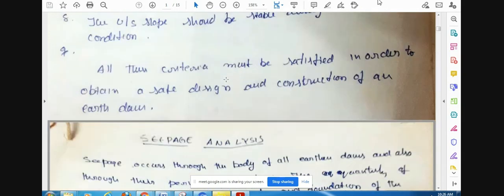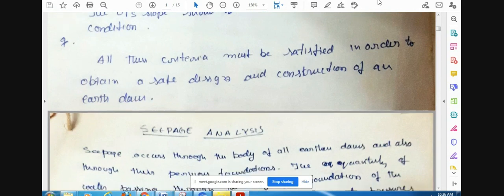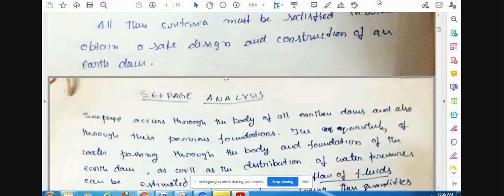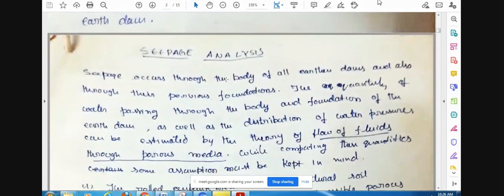So this is about some points you should keep in mind while designing or while the work is in progress. Okay. Next is a very important topic, the seepage analysis. As I said, the seepage is inevitable. You cannot completely avoid it. The flow takes place from upstream to the downstream phase. But if the seepage is relatively less and it is uniform, then there is no danger to the